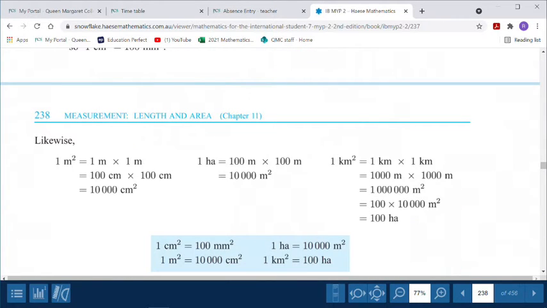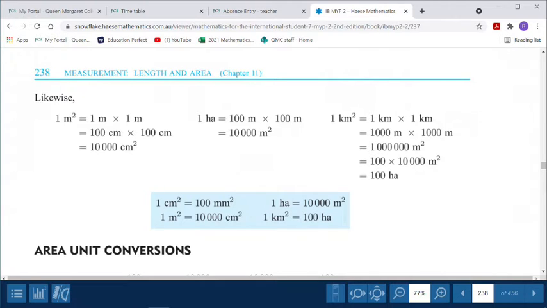Okay, so if a meter squared is 1 meter times 1 meter, then if you want to convert that into centimeters, you just convert 1 meter into centimeters, and then the other meter into centimeters, and multiply it together. Okay? So you can look at it that way. All right? Now,